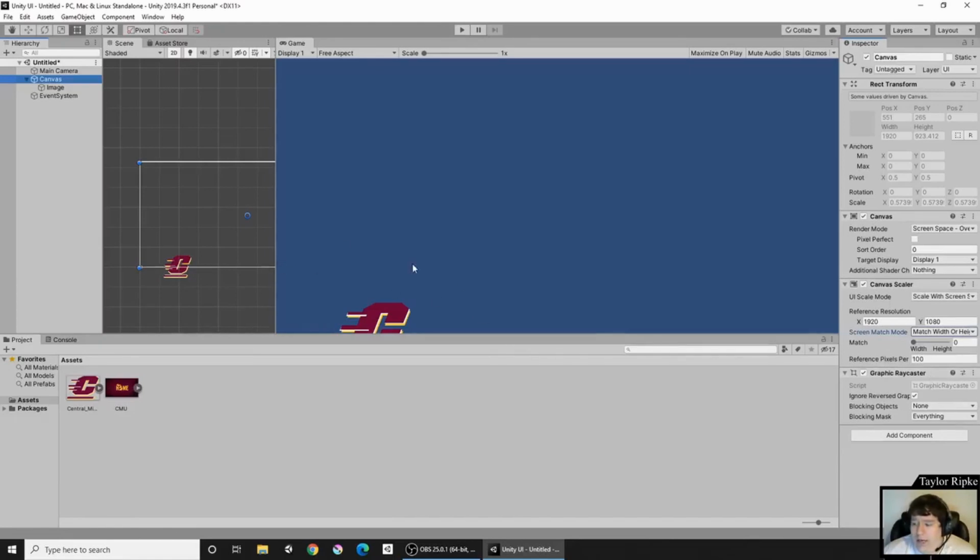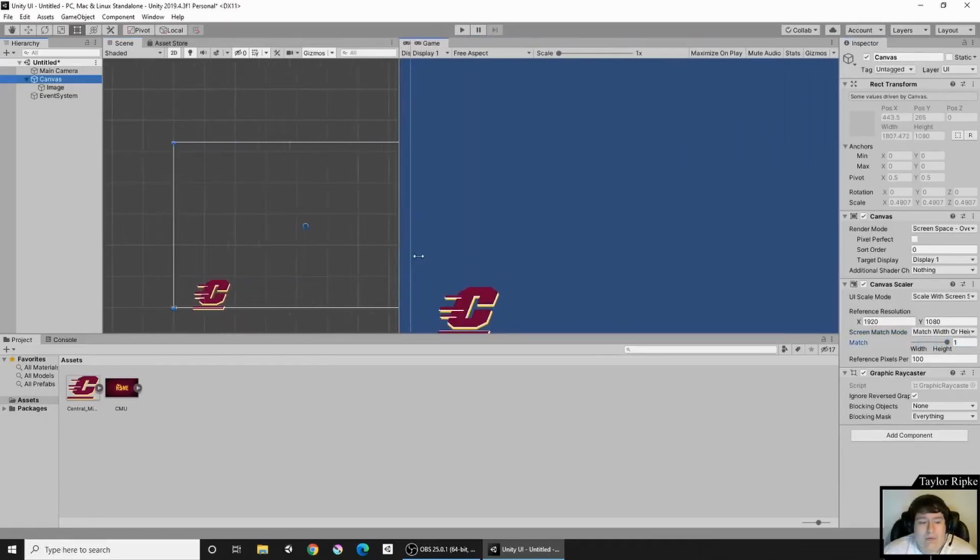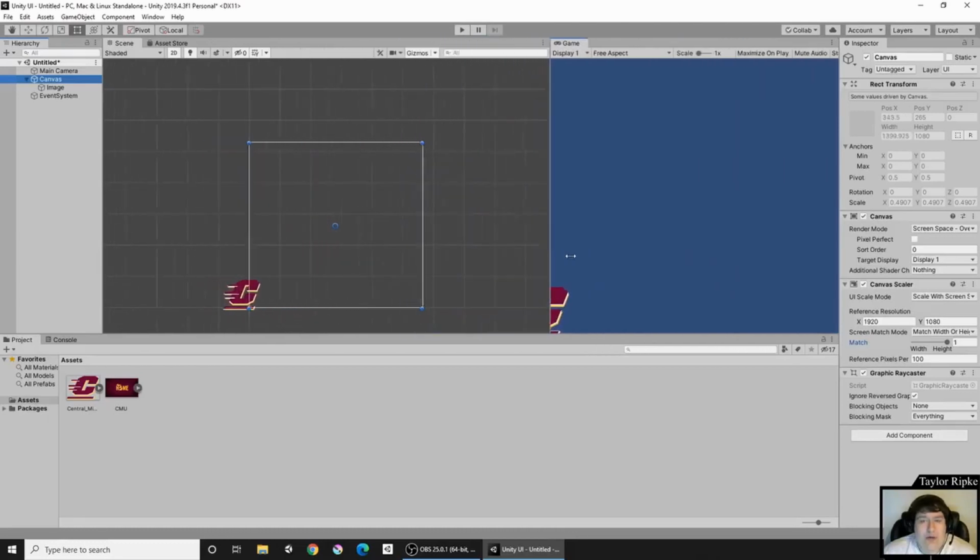So there's more weight on the width than there is with the height. If you want to see how this is going to change it, you can go ahead and drag this scale. You'll notice that the image is already moving. And now, when we change it just like this, rather than moving up with it, it's actually just moving side